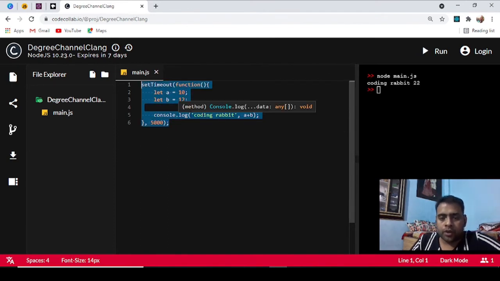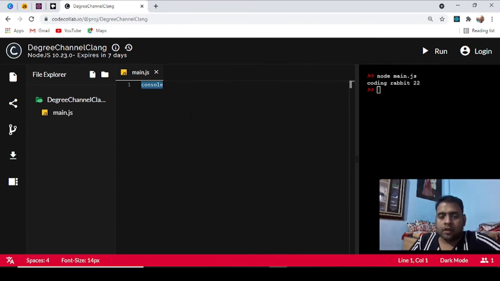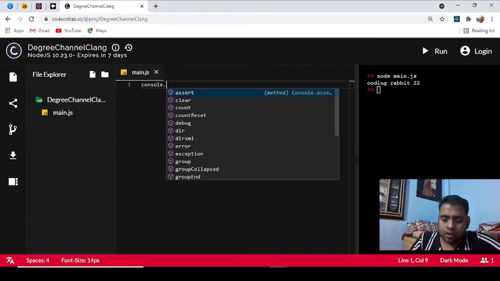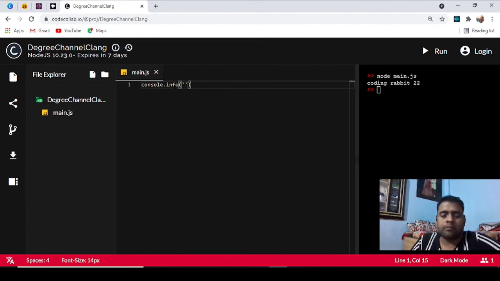Now we are going to talk about the console API. Basically this is an API which is exposed by the V8 engine, and we can use it to perform different things. On this we have different functions like log, which will print the thing, and info, basically to give information, in the backend as well as the front end, when we want to show some information in production.